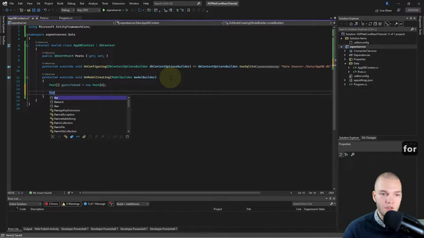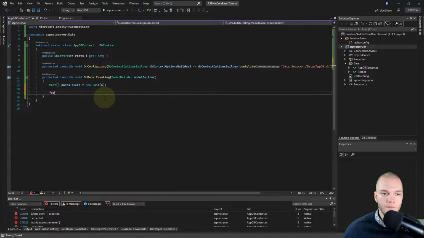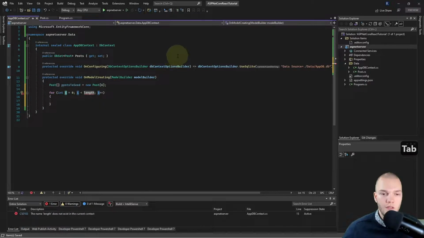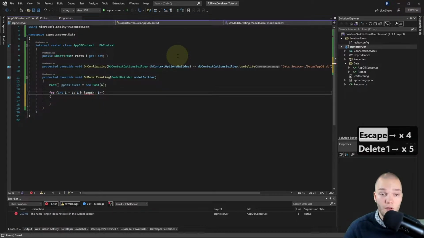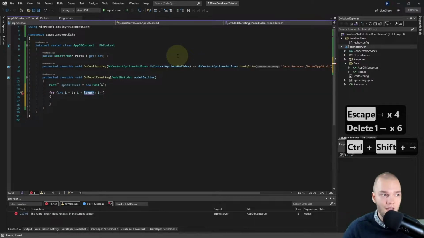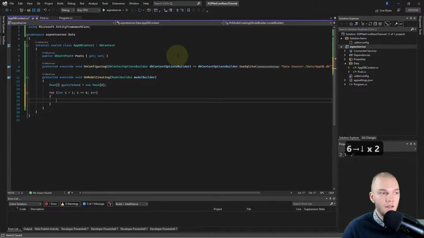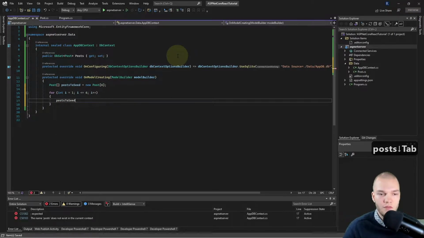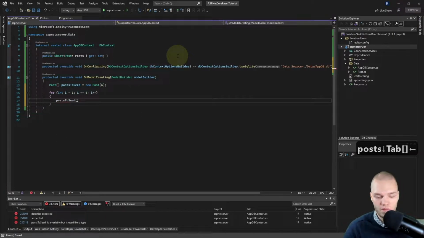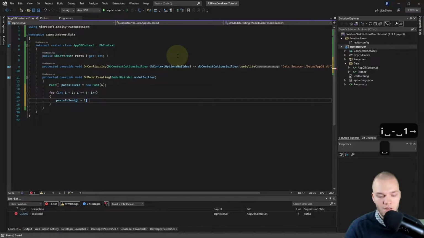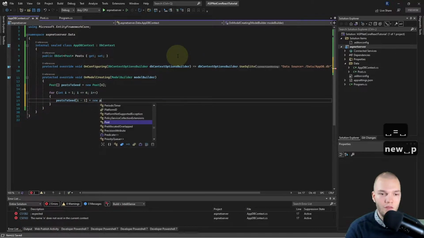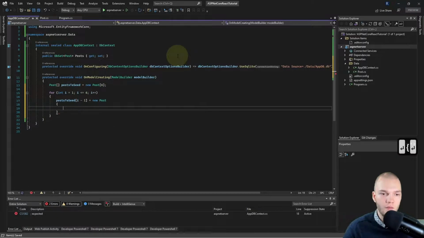Right, then I'll just do a for loop. So int i starts at 1, and as long as i is less than or equal to 6, we'll seed the posts. So I'll do postsToSeed at the index of i minus 1, and then I'll make that a new Post, and then I'll do curly braces and set the properties of the post.